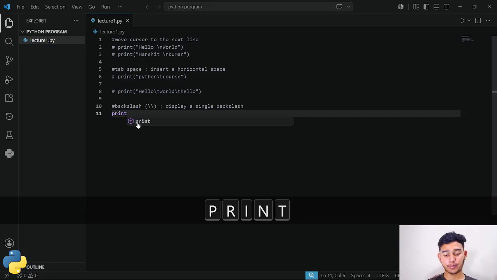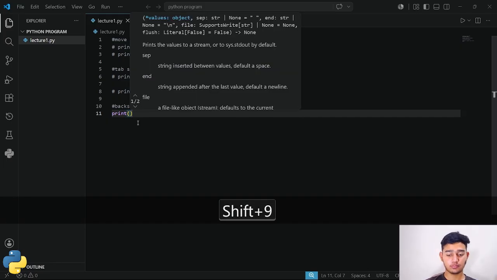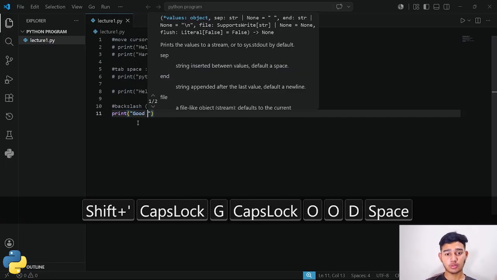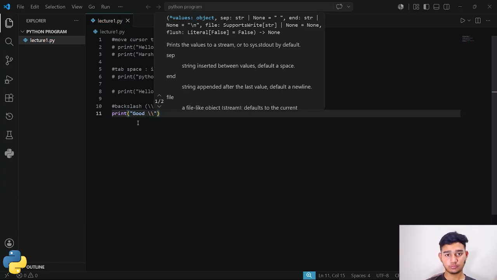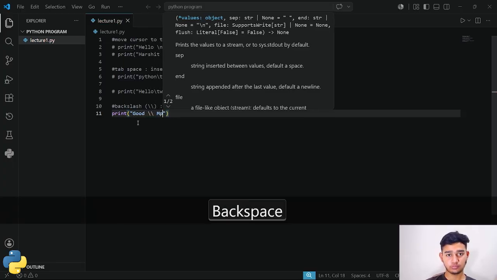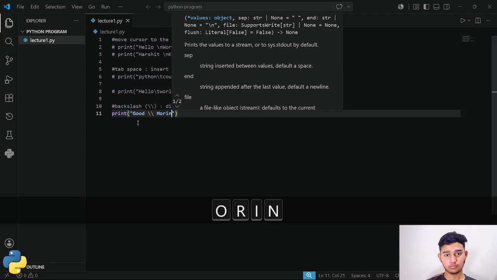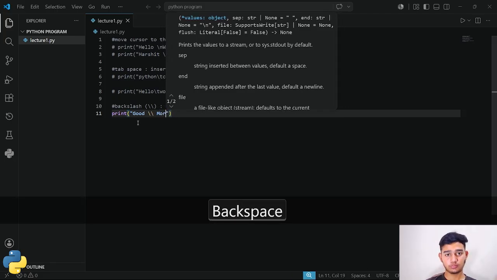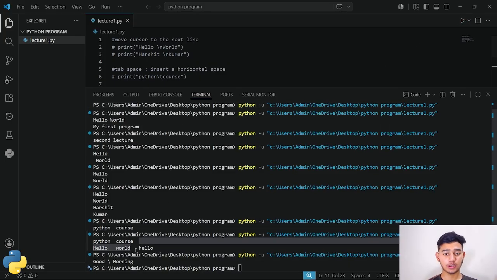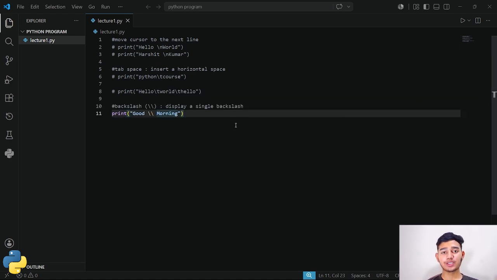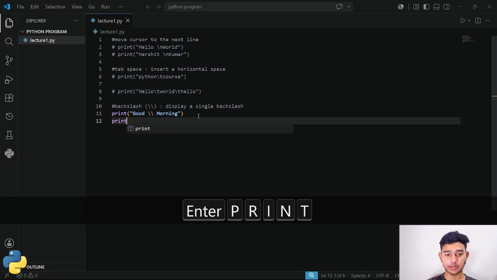So if I'm writing friend, writing good morning, and I'm running this again, you can see there is a single slash provided between these two words. So if you are selecting more than one option, if you want to display something like that, like if you